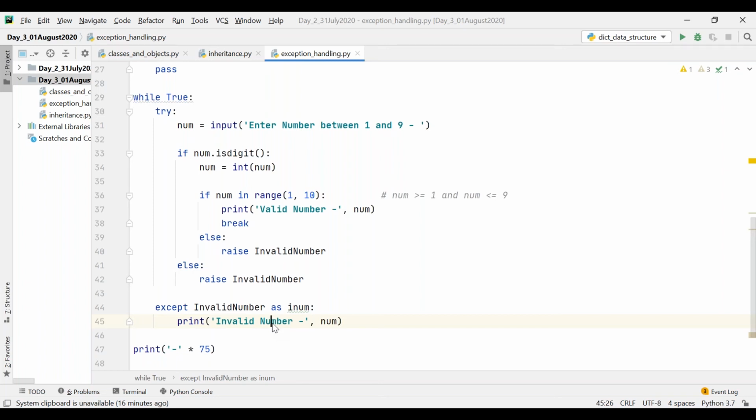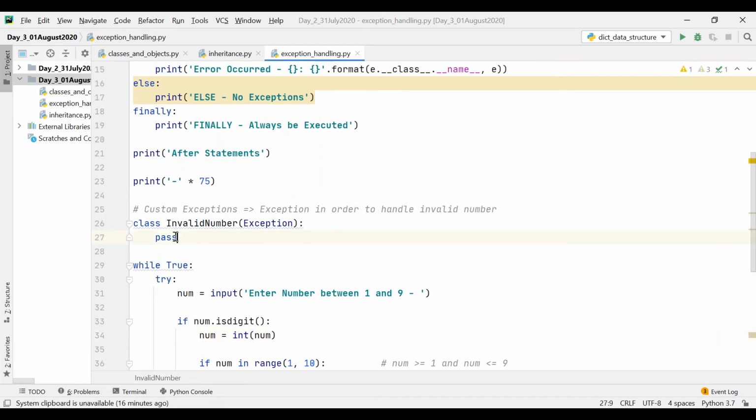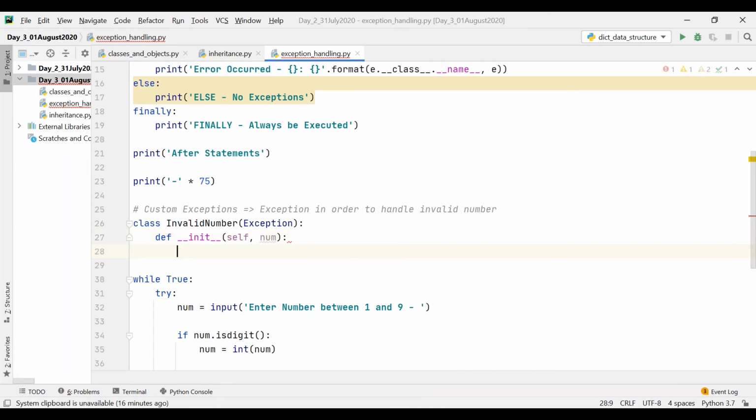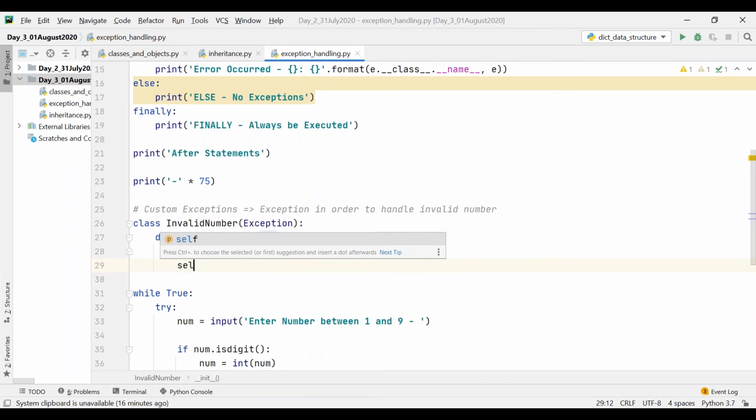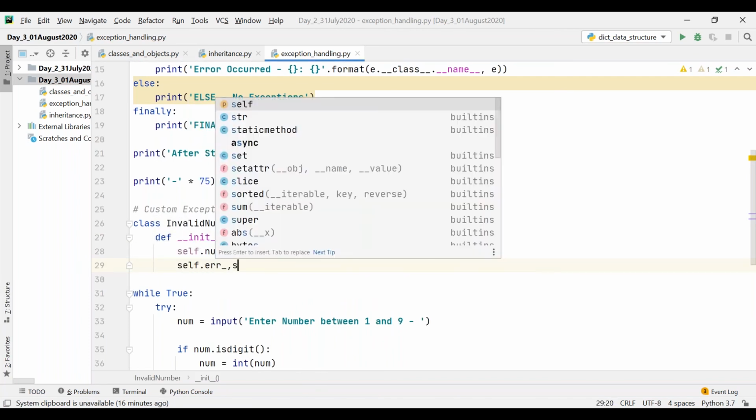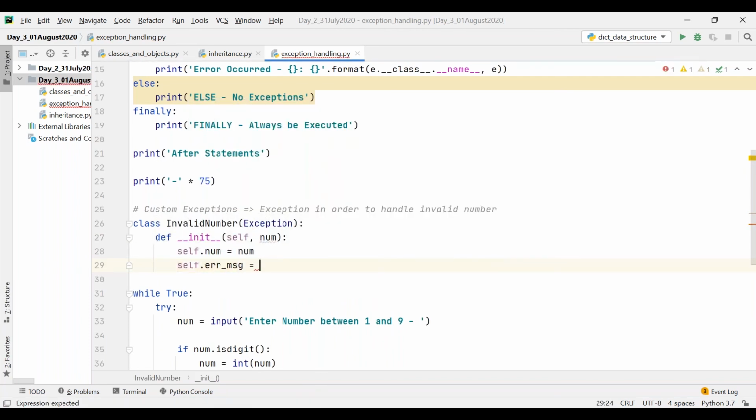So instead of that, what I can do is define my own methods here, saying def __init__ of self, num. Then I can say self.num is equal to num, and self.error_message is equal to invalid number hyphen.